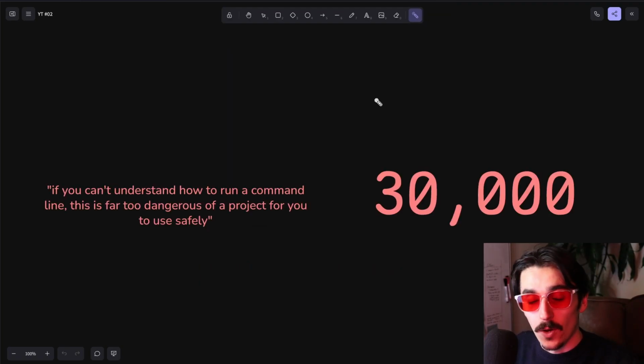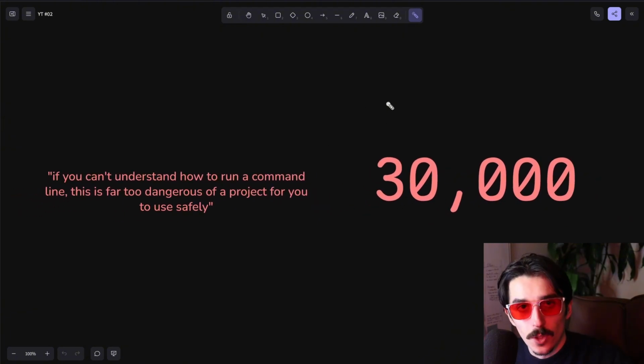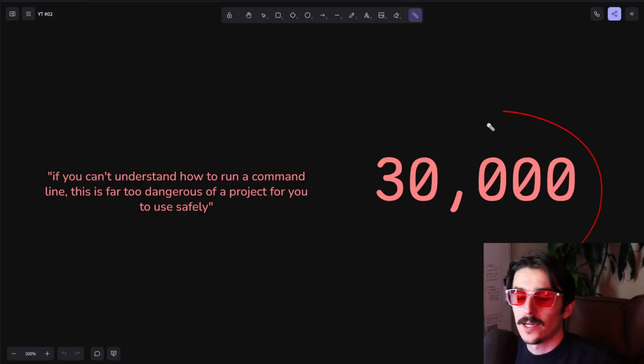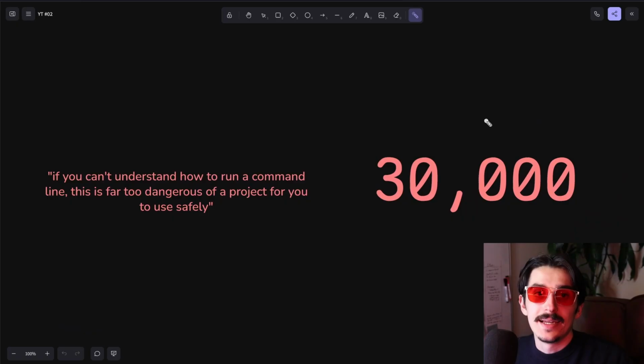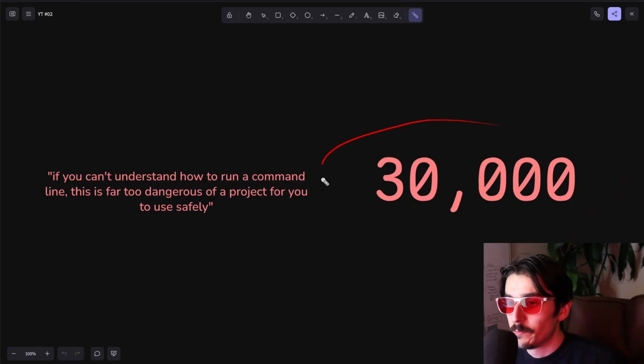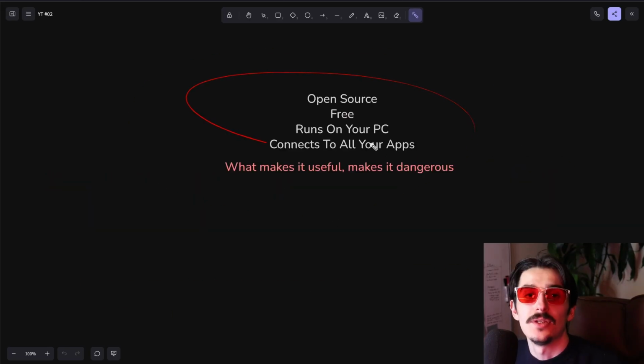The developer of OpenClaw has said if you can't understand how to run a command line, this is far too dangerous of a project for you to use safely. And I know for a fact that 99% of the users do not know how to run a command line. And what this has actually resulted in is over 30,000 vulnerable agents of Clawdbot running live on the internet, and these have been fully accessible by third parties and can basically get all of the information that is being used